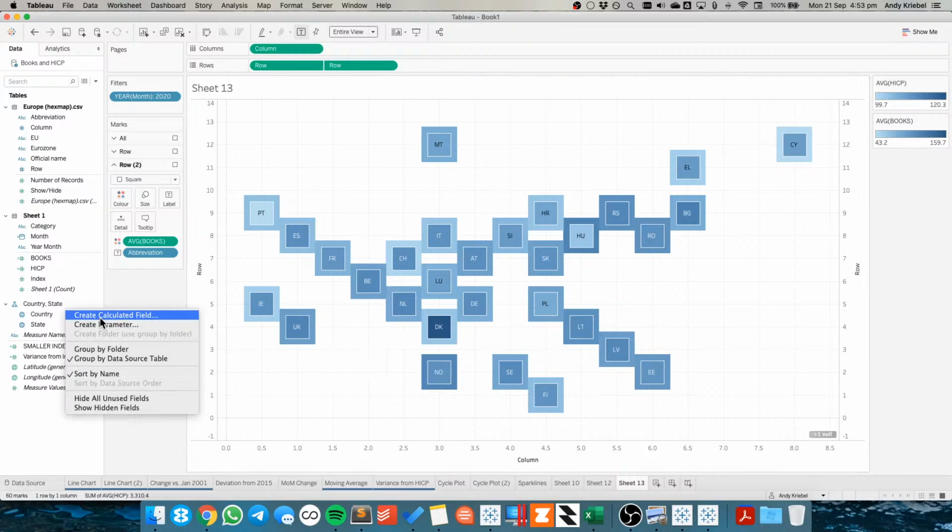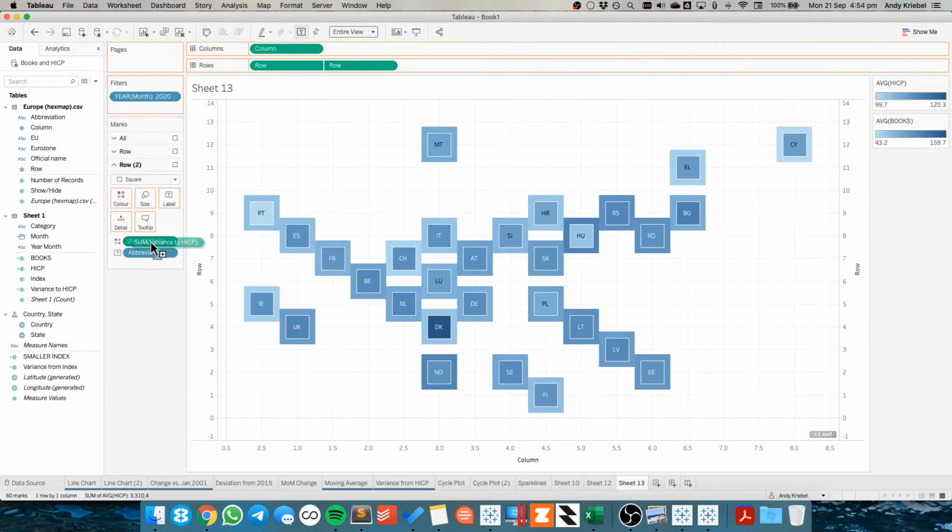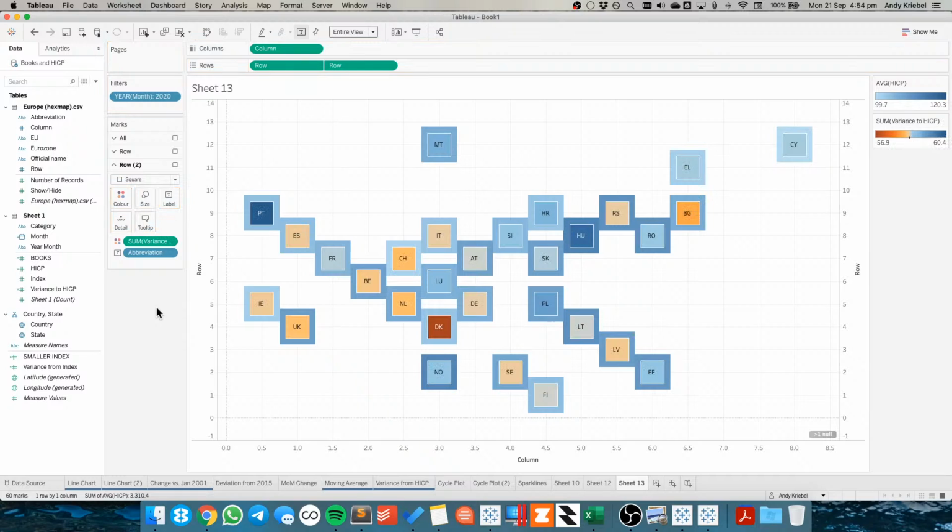That's good. So I want to now look at the variance to HICP. Okay, so this is going to be my HICP minus my books. And let's just see what that does now. So if I put that on color instead, okay, there we go. So we can see some of them, the variance is higher, and some of them, the